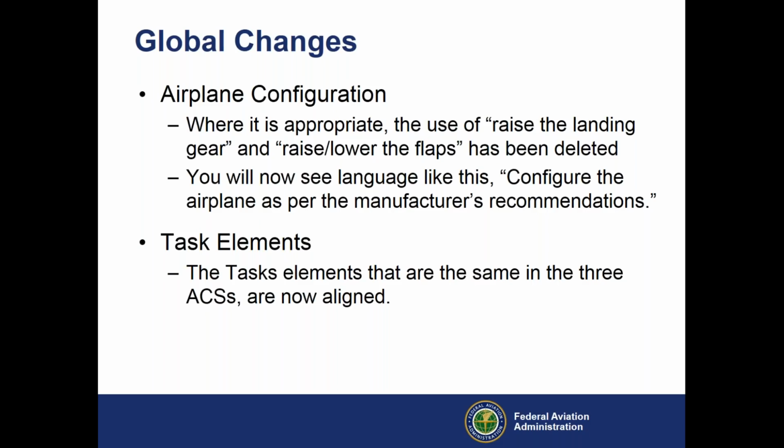Task and elements. There are only a few tasks and elements that are used in all three of the ACSs. You will see many more like tasks and elements between the private and the commercial. Our goal was to make these tasks and elements the same. One that is the same across all three is adding a multi-engine with an instrument rating. All three must do an instrument approach. You'll see that these three tasks are the same. For the private and the commercial, you should see that all like tasks and elements are the same, except for the standards for the maneuver between the certification categories.